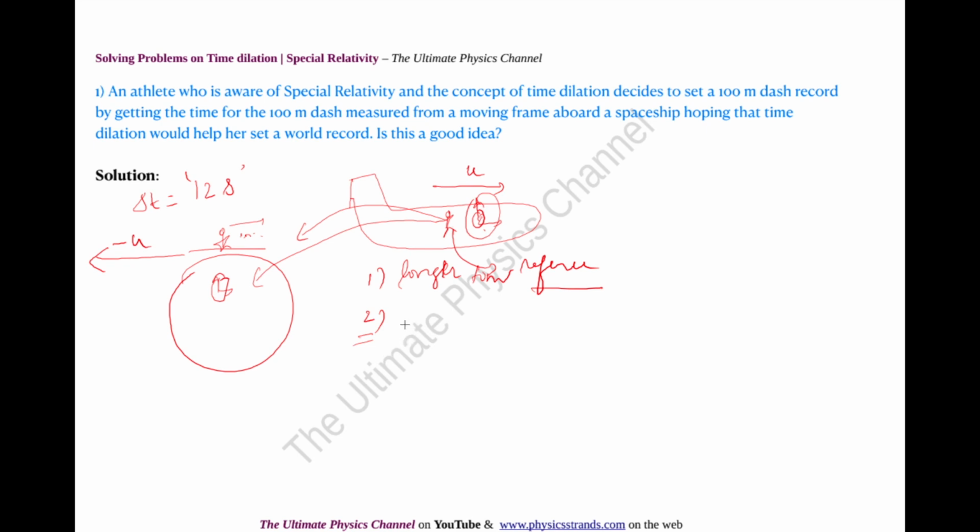That is the time taken for signals to travel from Earth to the spaceship, because there must be a way for the referee to know the event has started, that is, the 100-meter dash has started, and of course when it ends, you must know that it has ended. So the start and the finish of the 100-meter dash, let us say, are indicated to him by probably firing some kind of a gun or light flash or something on the Earth, which he can observe from the spaceship